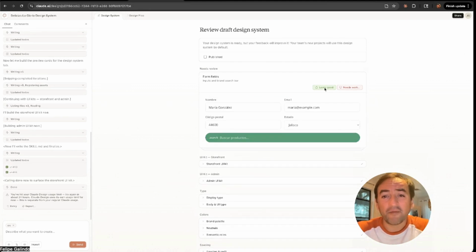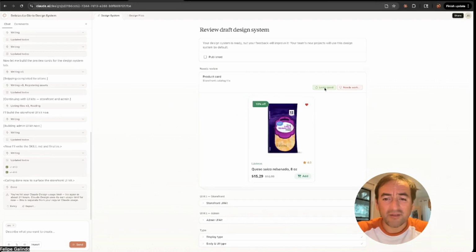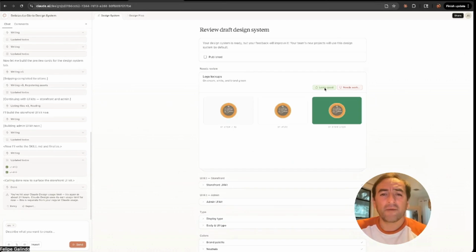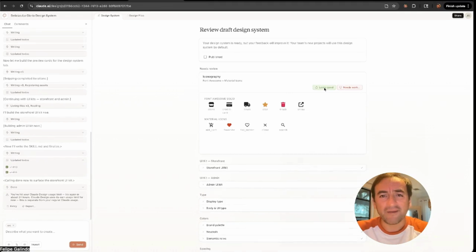We have form fields, looks great. For the badges and pills, excellent. This is how the product card looks. It looks great. About the logo of Delicious La Gloria, this is how it looks. It looks great. A few photos that I was able to add,